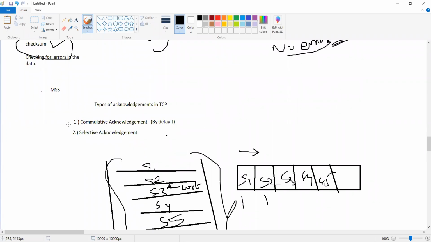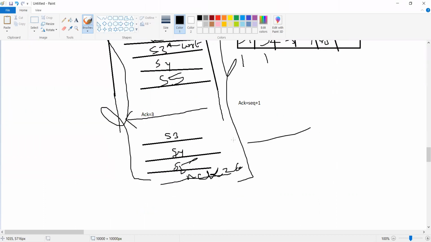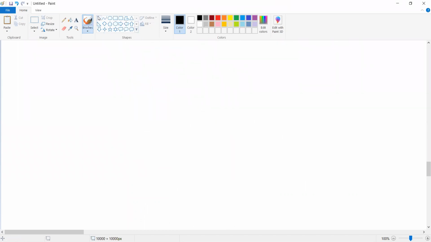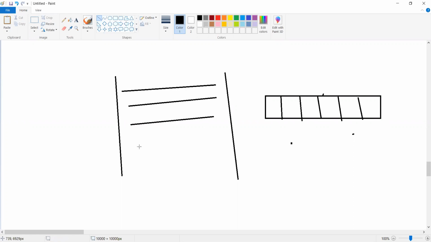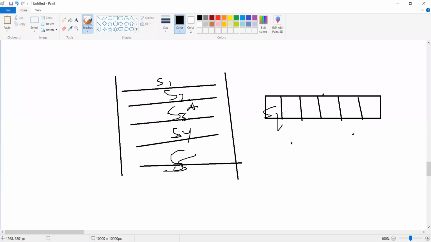In case of cumulative acknowledgement. Okay. And what is the difference in selective acknowledgement is, again, I'm considering the same example. Now, the same way, if a segment is lost, this time he'll accept the later ones. Let's say segment 1, segment 2, segment 3 is lost this time as well. But segment 4 and 5 are sent. So he'll leave the space for segment 3 and he'll accept segment 4